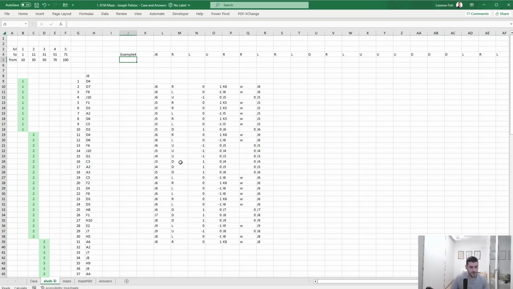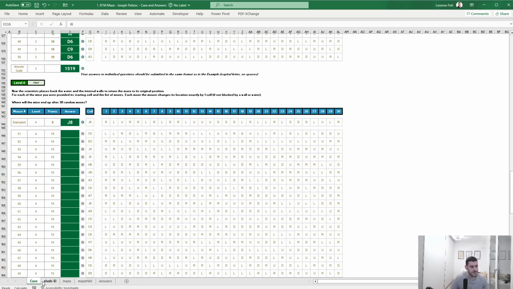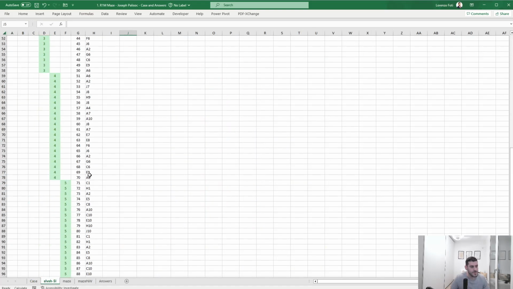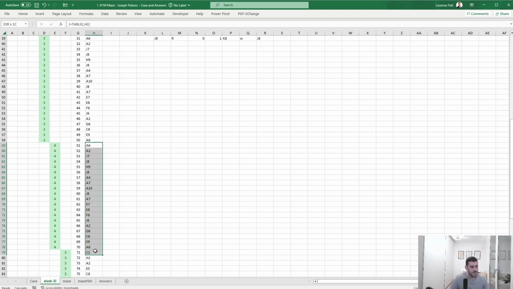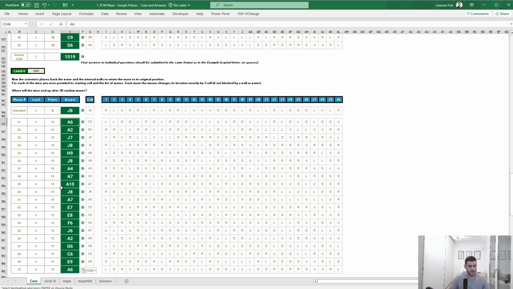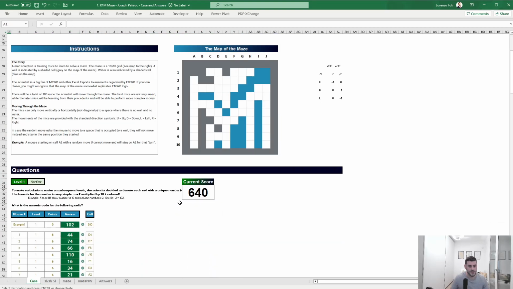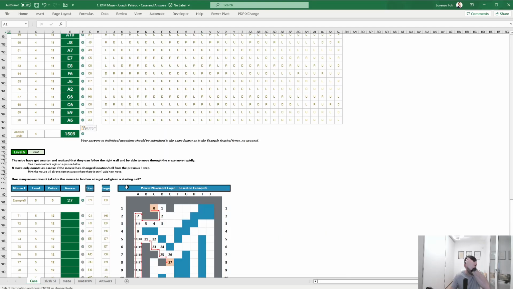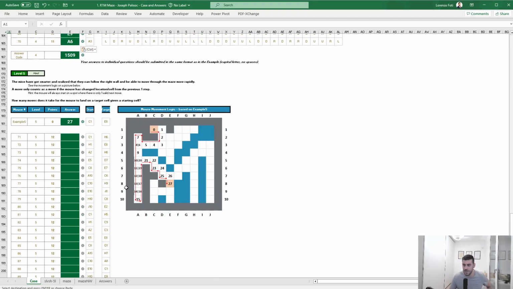Update again, J8, which seems right. So 51, level 4, and that's right. So we are at 640 points, and now I have the monster of level 5. Plenty of time to do this, but I'm not sure I'm going to make it within the 30 minutes allocation,